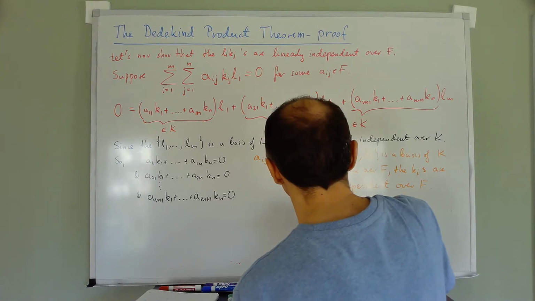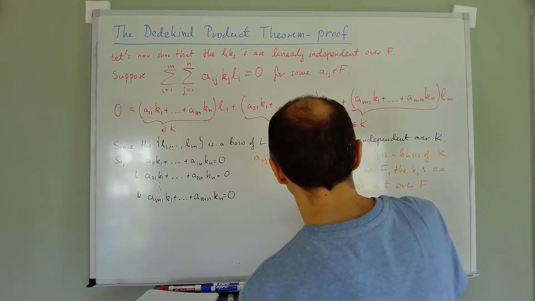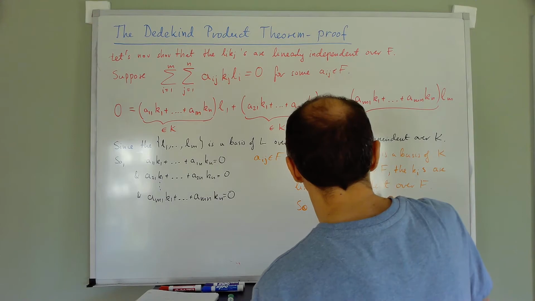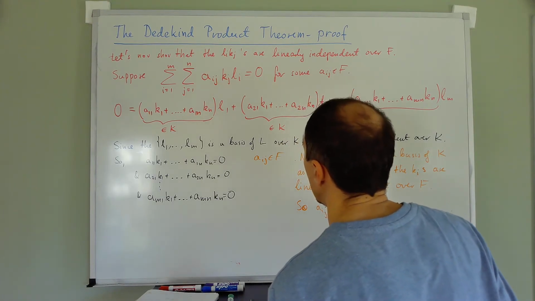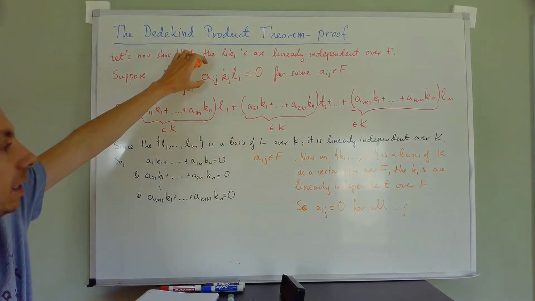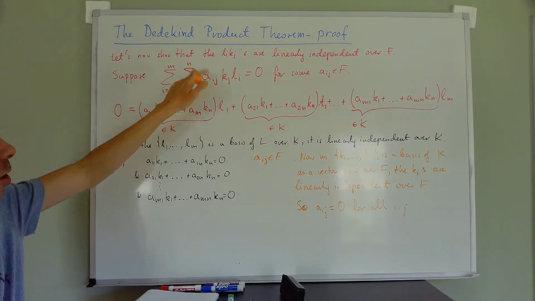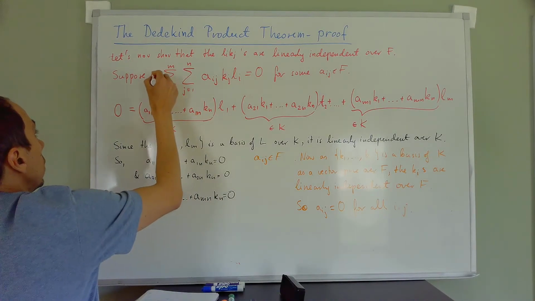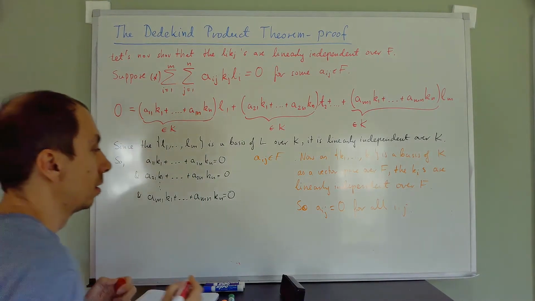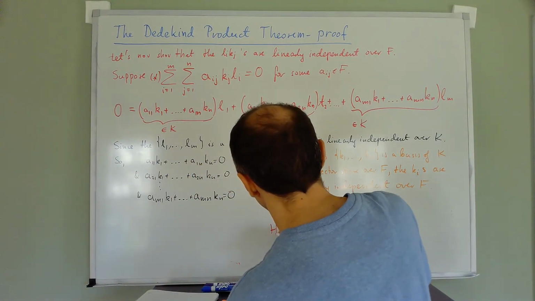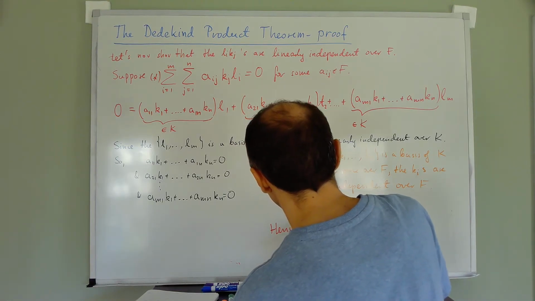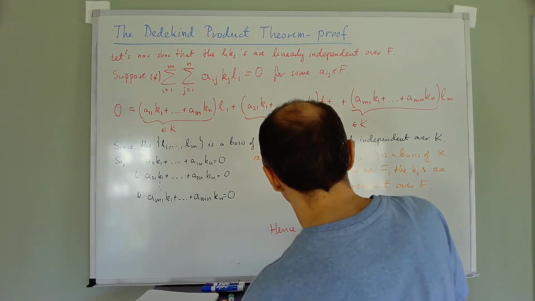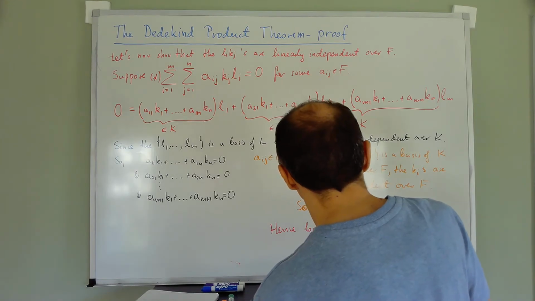So a_ij is 0 for all i and j. Oh, but that going back to this sum, that means all these coefficients must be 0. Let's call this star. Hence, looking at star, we see that